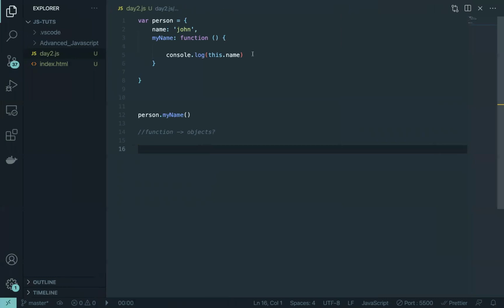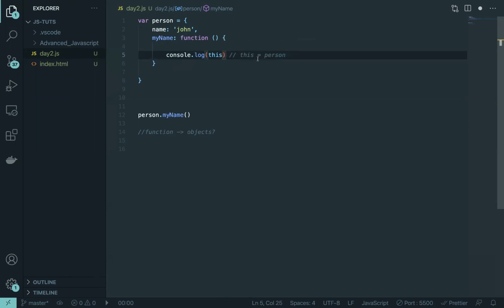So that means here this is equal to person. I mean, that's what it is essentially doing. This is referring to the owner object. And that's the one idea you should always remember whenever you write a function method, and whenever you want to get access to the properties of that same object, you can do it using this, because in such cases, this will point to the person object.